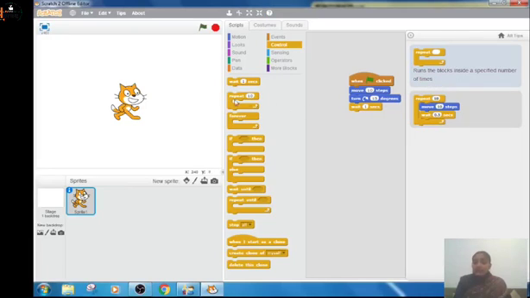If I use this repeat block, all the blocks that it covers, those actions will be repeated by the sprite in a loop. And what is a loop? A loop is repeating the actions. It is just a sequence of instructions that is repeated one after the other, or repeatedly.